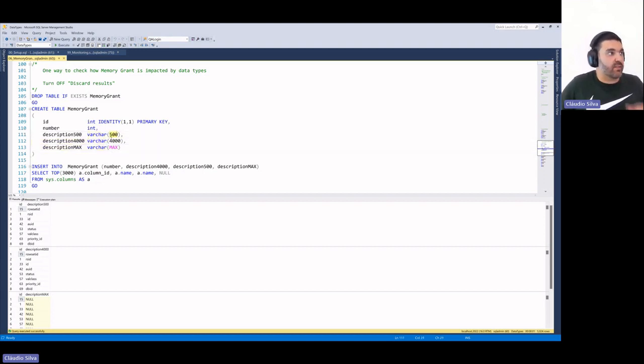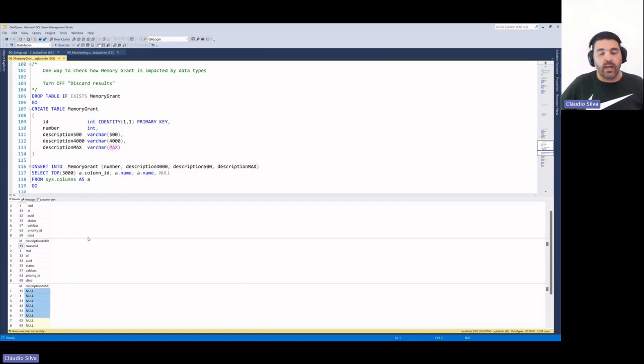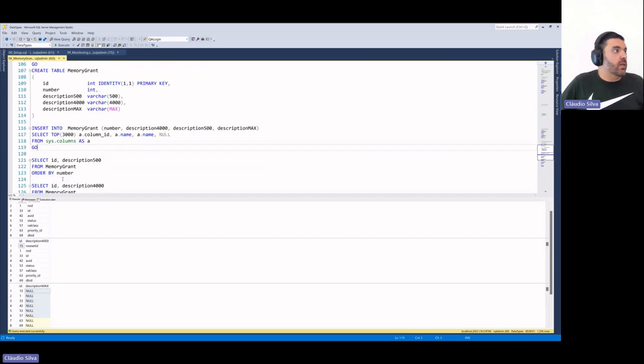One of them has a max of 500 characters, the other one 4,000, and one has the max. And now I'm filling this table with the top 3,000 from my syscolumns, filling a column ID for the number, the name in the other 2 columns, and I'm having a null for the description of the max. So the max doesn't have values, but it is still a column on the table.